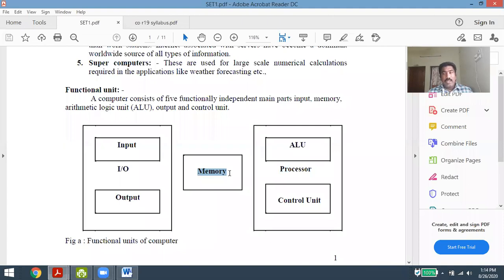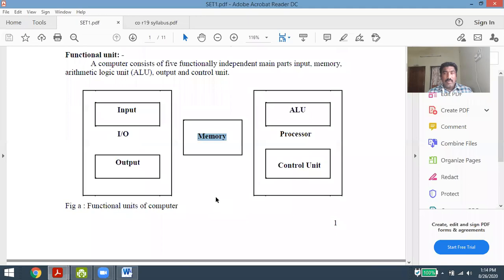What does a RAM contain? A RAM contains both data as well as addresses. Similarly, what does a ROM contain? ROM also contains data and addresses. So whether primary memories or secondary memories, any memory component will contain these two formats: one is data and one is addresses. Addresses are used to identify where the data is located, and data represents particular information in a particular memory component.